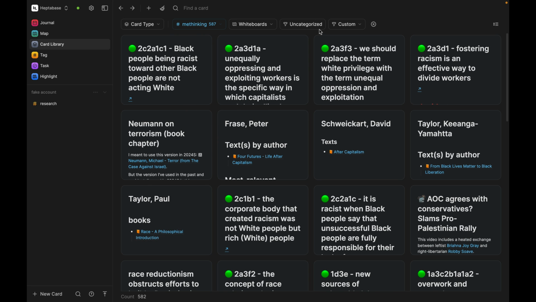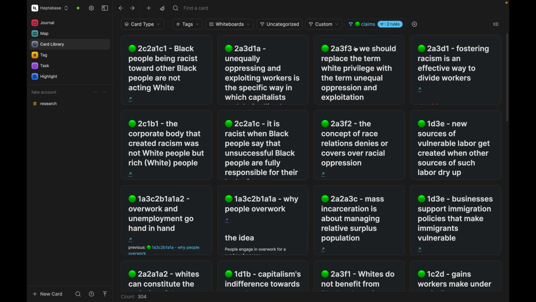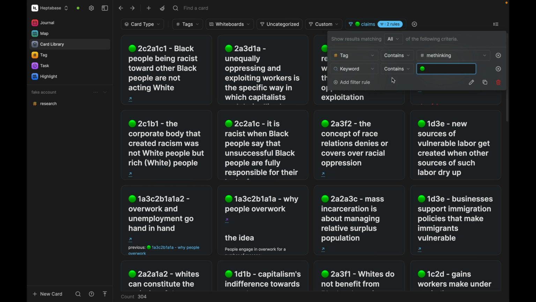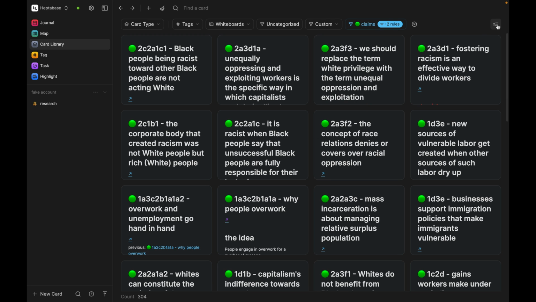And then I can go ahead and create a custom view that's going to show just my claims or my claim pages. And then I can add, as I've already done here, as you can see, the tag is my Me Thinking database, which is my research database. And then I've selected keyword here, and I've put the green dot at the front. And then the sort feature is over here. So right now it is sorted by the time it was updated or modified, in ascending order. And so what we have here are all of my claim pages listed based on when they were most recently